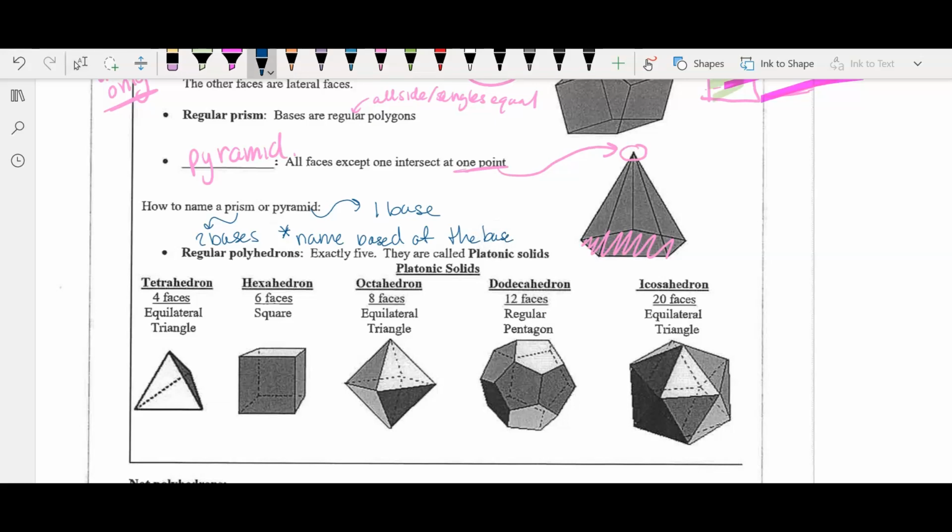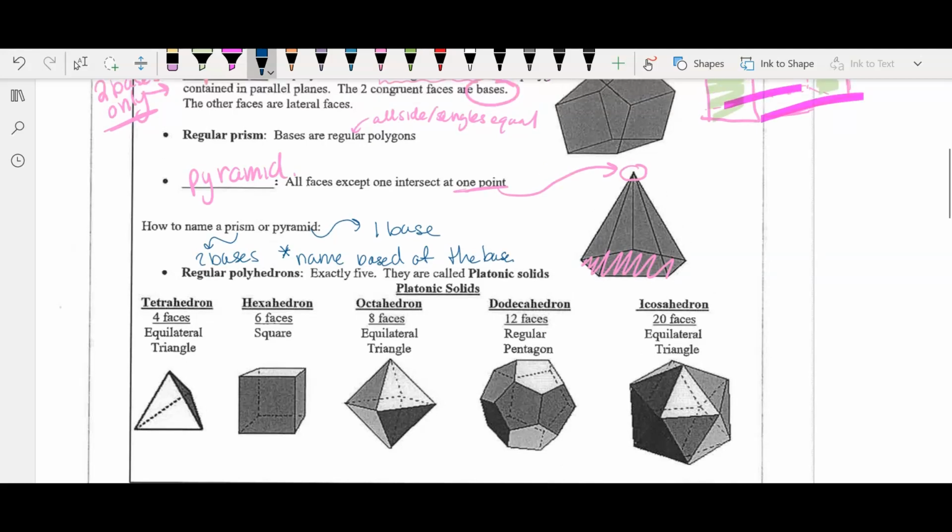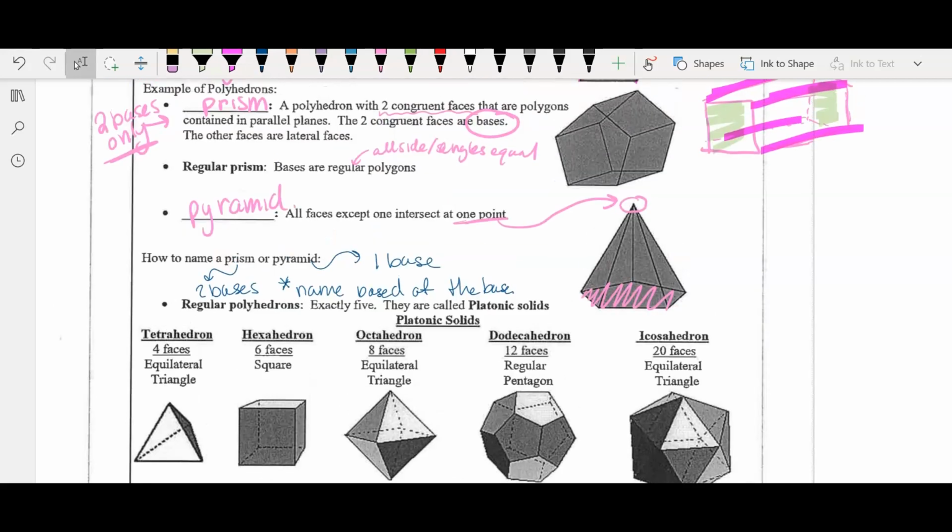For example, if it is a rectangle, it's a rectangular prism. If the base is a triangle, it is a triangular prism. In this one, our base has 5 sides, because there are two of these faces and one in the back, so